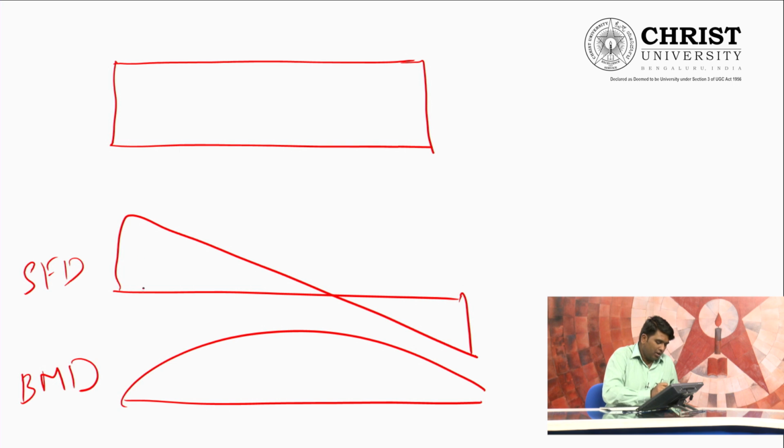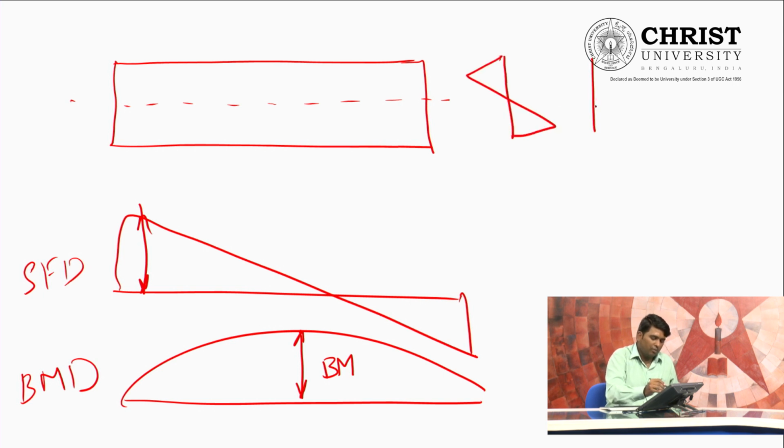As you can observe, near the support section you have maximum shear force, and at the center we have maximum bending moment. We have already studied, from the distribution of normal and shear stress by drawing a Mohr circle, that in a case of pure shear at the neutral axis we will have tensile stresses. These tensile stresses will create inclined cracks.